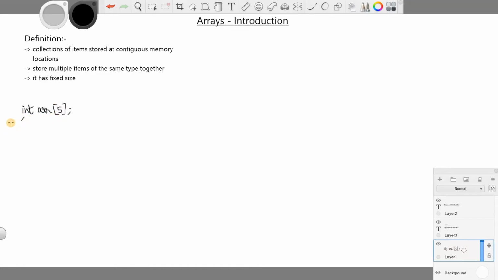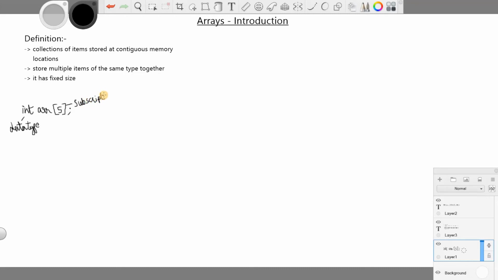This is the data type. This is the subscript. Using this subscript only we are going to access the values. We can directly access any value in the array.